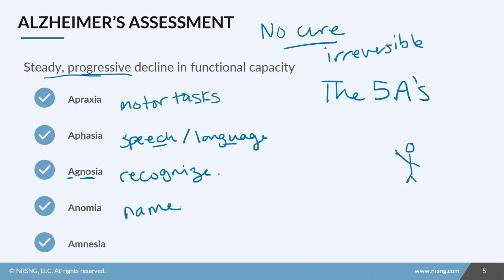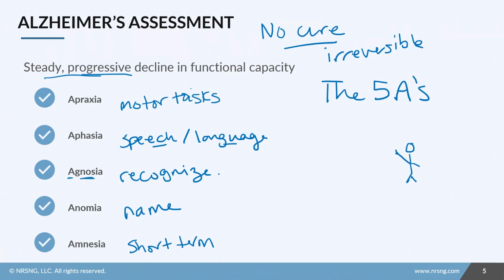Anomia is similar, except it's a difficulty remembering the actual name of the object. They may say, oh, I know who that is or what it is, but I can't think of the name of it. Even looking at an apple, something they've seen and known their whole lives, they're going to struggle to come up with the word apple. And then finally, amnesia, that's memory loss. Typically, we'll see short-term memory go first, and then eventually the long-term memory. So they'll remember a story from when they were 12, but they can't remember what they had for breakfast.